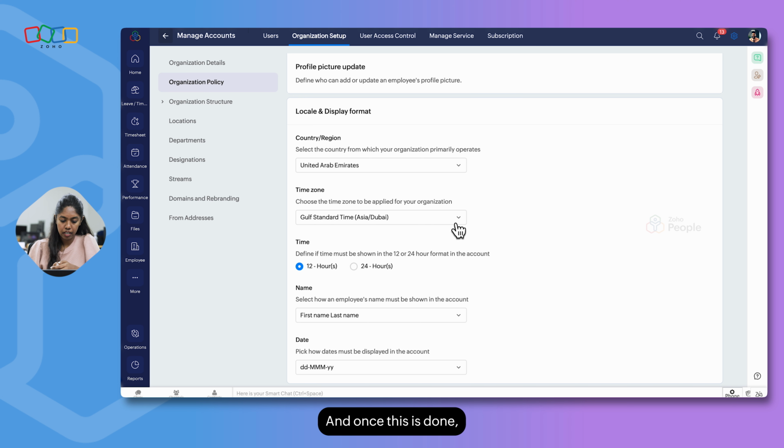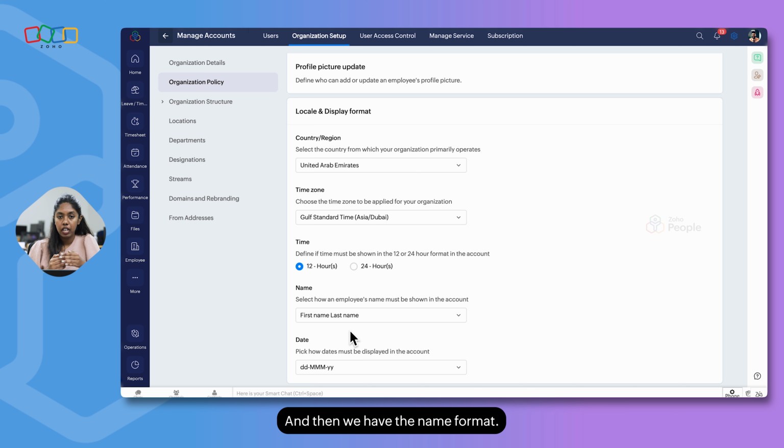And once this is done, you have an option to select the time format, whether it's going to be the 12 hours format or the 24 hours format. Selecting a time format will have an impact in the attendance module. Whenever an employee checks in and checks out for a particular day, you will be able to see the timings. Based on the time format that you select here, all the time information will be displayed in the system.